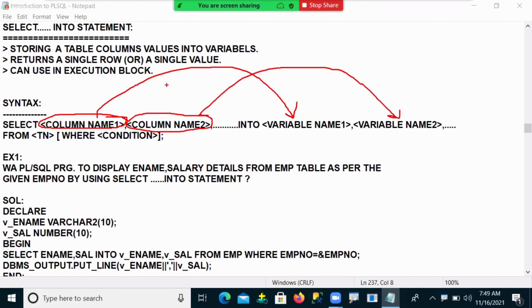So these are values, and here also the same thing, storing values. So when you want to store your particular columns and column values, there we are using the select into clause.